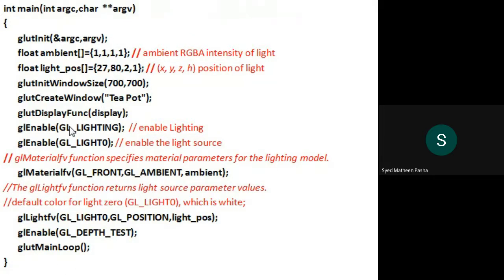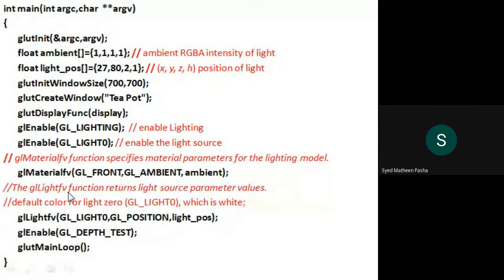Then I'm basically using a lighting model here, which consists of some parameters. What is the lighting model I have used? I have used the ambient light here, right? This is the light I have used, that is ambient light. So I need to pass parameters for that particular ambient light with respect to some materials. So what does this GL material function tell? It basically specifies the parameters which are related to the material of that particular lighting model, that is ambient light. So with the help of this function, GL material FV, I'm specifying the parameters as front, ambient, as well as ambient. This basically tells which kind of light material you are using.